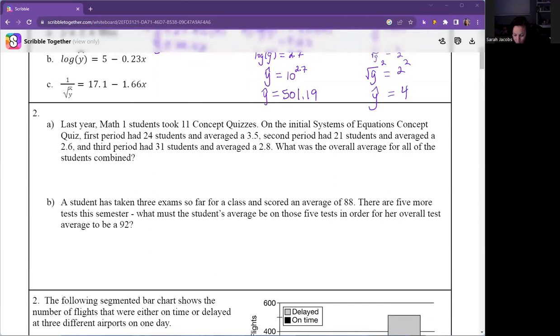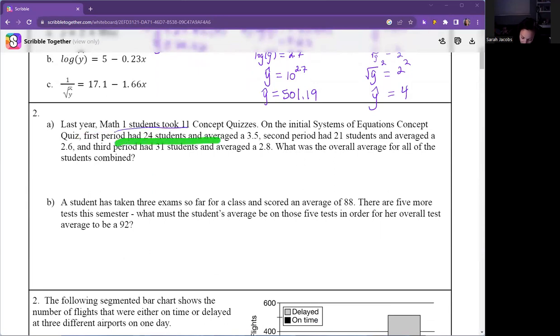All right. So I talked about this with several of you today in class, but for those of you who we didn't have a chance to check in, problem 2 here on the first page of the Unit 2 review is really about averages, just different ways to find averages. So last year,